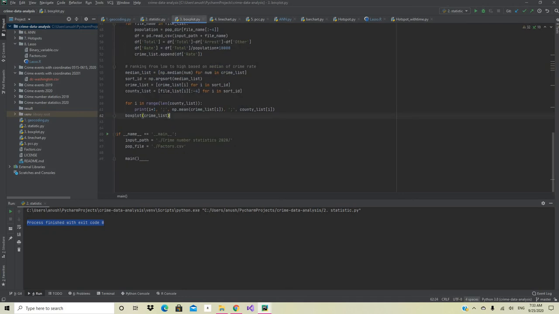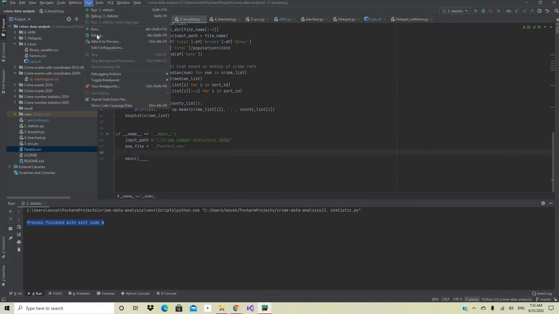The third one is the box plot. For this script, the input file is under crime number statistics 2020, and the file factors.csv is already in the project directory. So we can directly run the script.